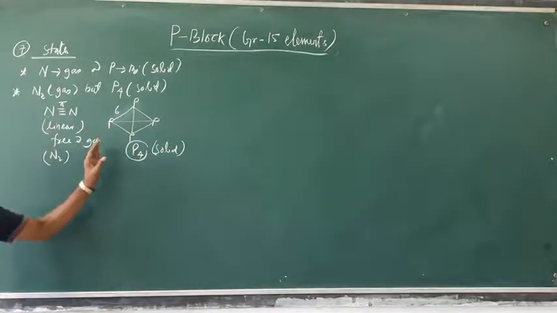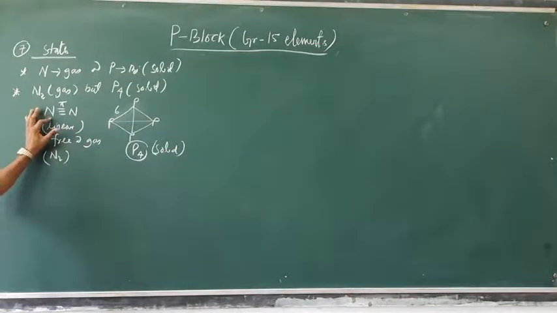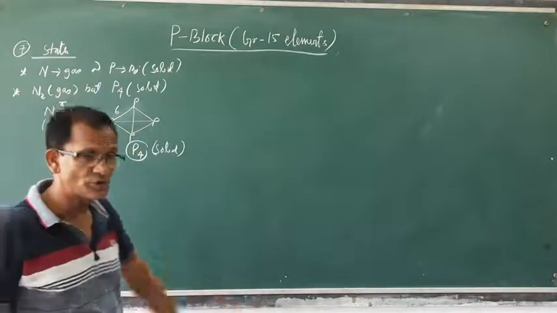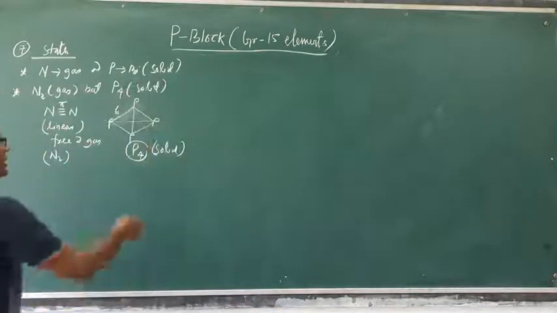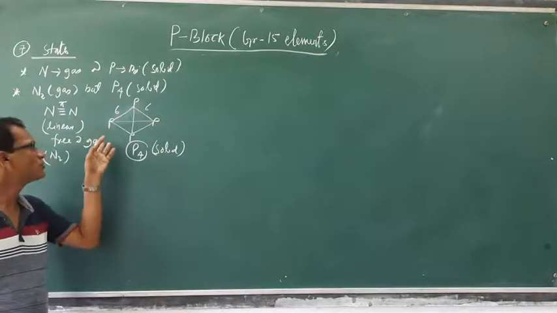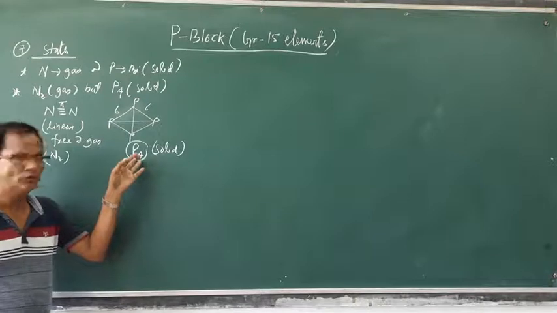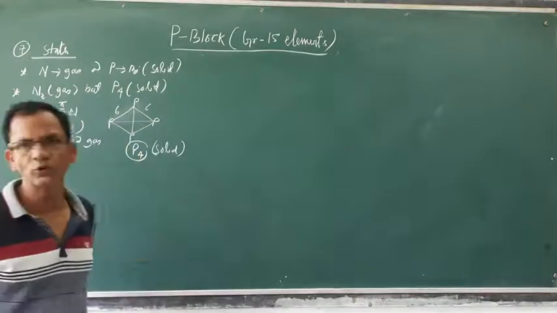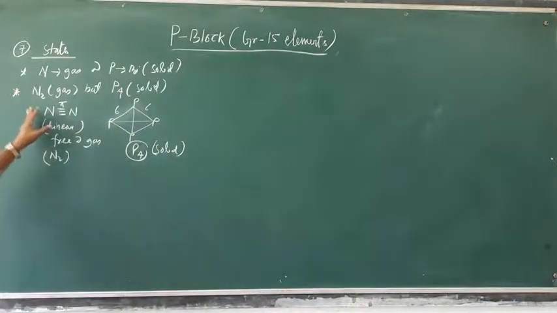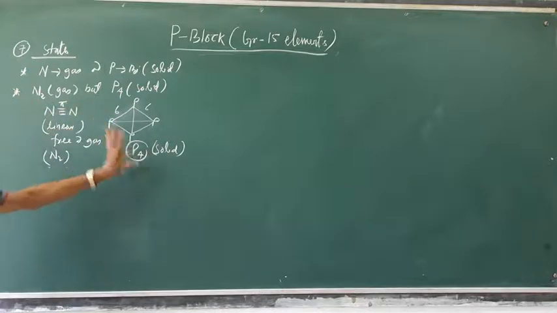So what is the answer? You have to write that nitrogen, due to small size, forms a pi bond and exists as N triple bond N, which has a linear structure and is a free molecule, so it exists in the gaseous state. But in the P4 molecule, phosphorus due to large size cannot form a pi bond, rather it forms sigma bonds with the other phosphorus atoms, and exists as a P4 molecule. Due to large size and greater van der Waals force, it exists in the solid state. So this is the difference between why nitrogen is a gas and phosphorus is a solid.